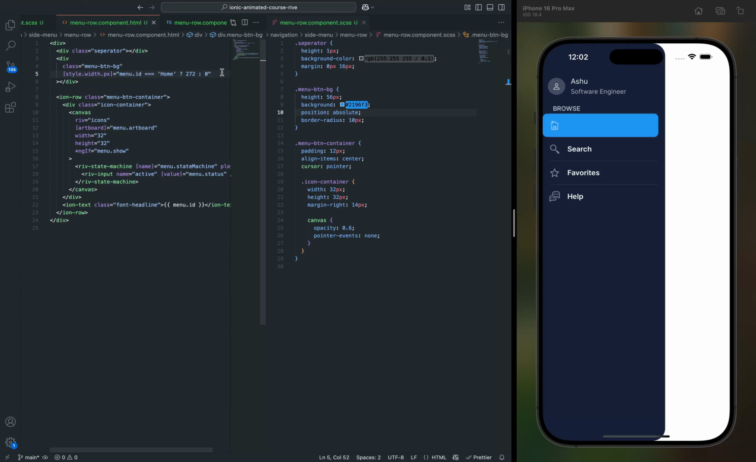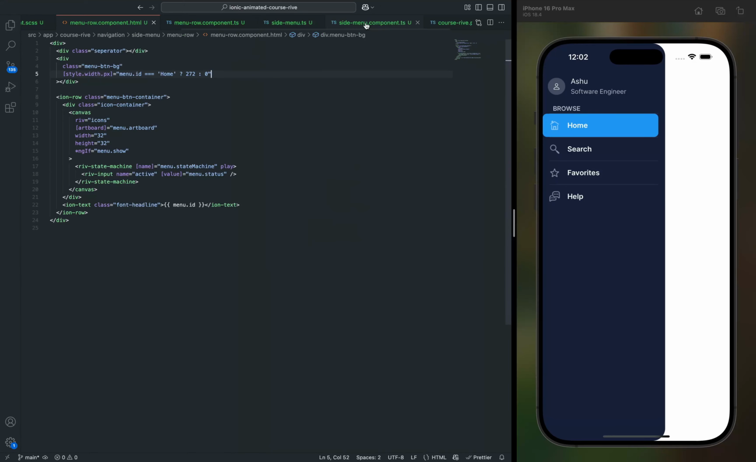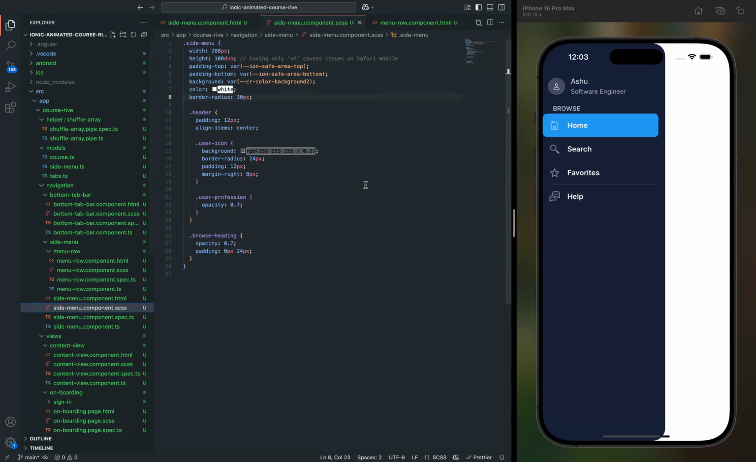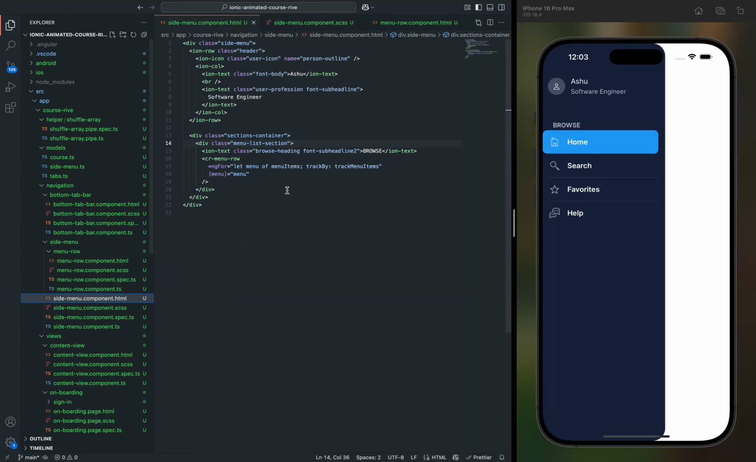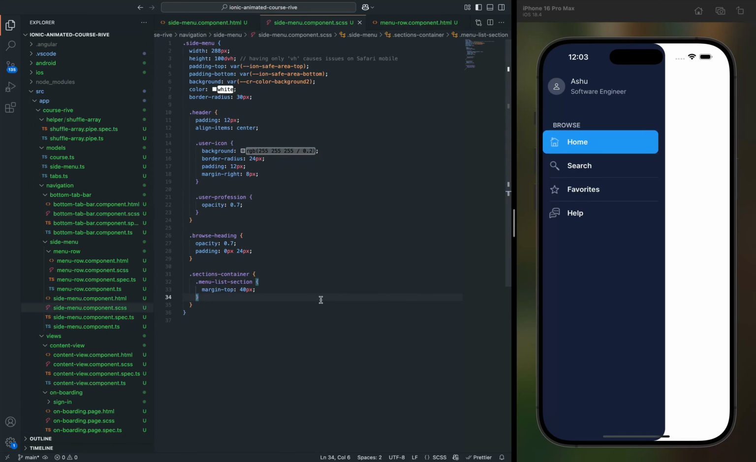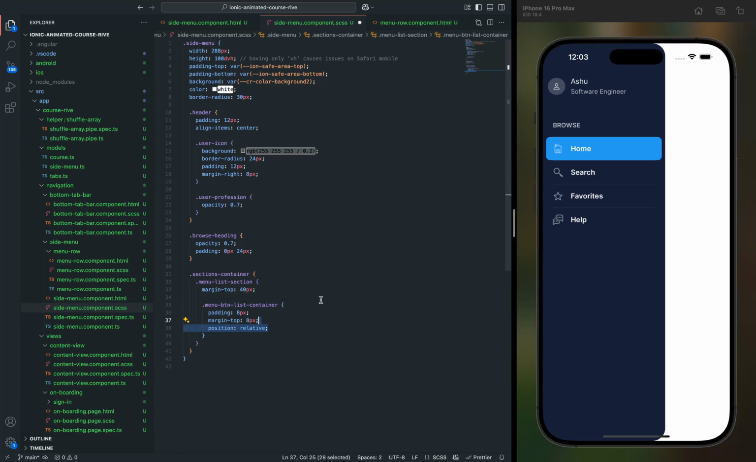Now the background shows up, but it's covering the button text. To fix that, we'll add a z-index to the text element to bring it to the front. Let's also add spacing to the list of buttons. Apply a margin top of 40 pixels to the section container. Then wrap each menu row with a parent div, and apply padding, a margin top of 8 pixels, and position relative so the absolutely positioned background is relative to